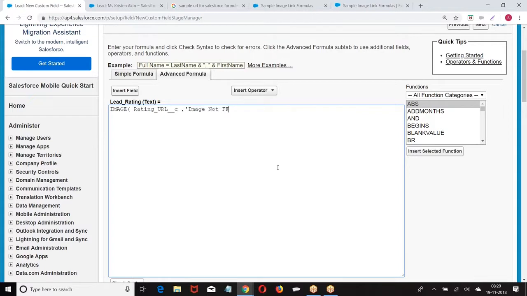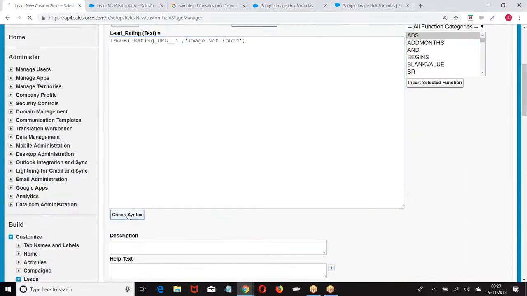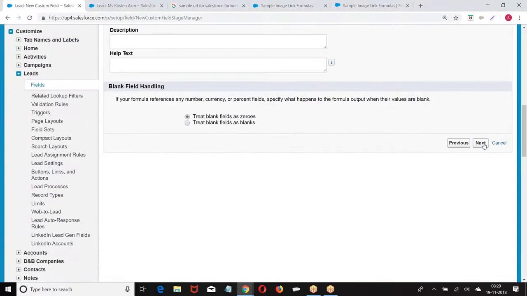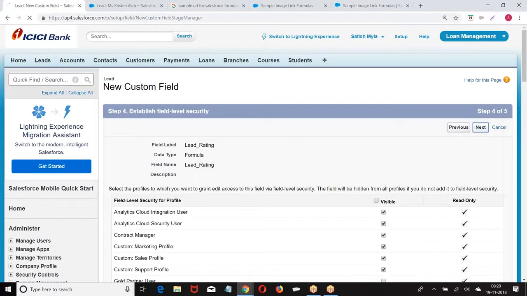So what did I do? I wrote a formula to get the URL first. Depending upon the score, you are going to get any one of the URLs. Is it a 4-star or 5-star, whatever the image. Now whatever URL we received, that image we are printing here.